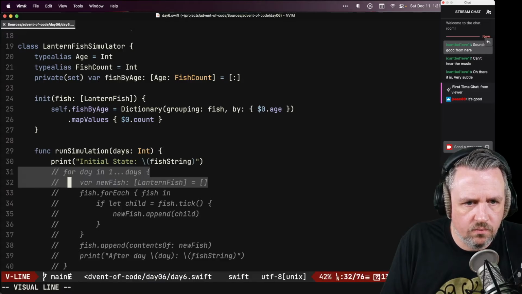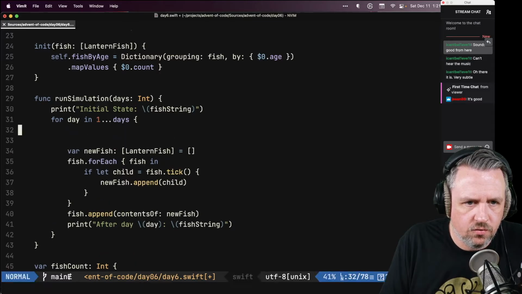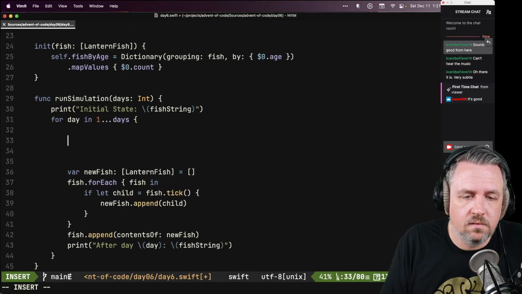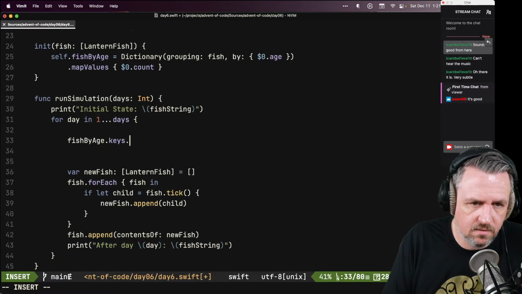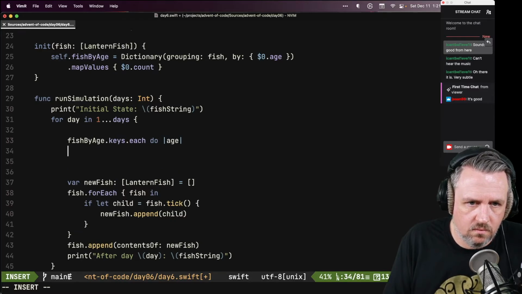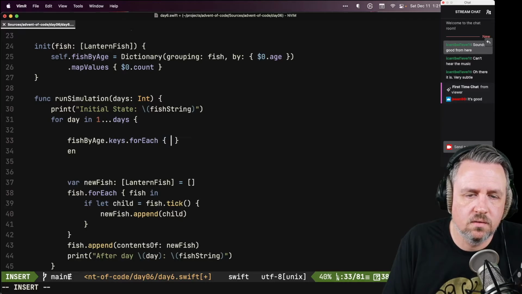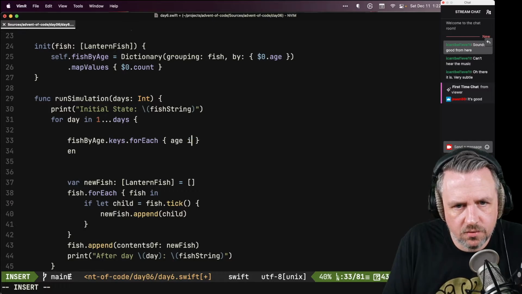Okay, so let's go back to what we had here. For each day, we need to process all of the fish for a given age, right? So we'll take fish by age dot keys, and this will give us the... Oh goodness gracious, I'm writing Ruby, sorry. For each, this gives me the age in,